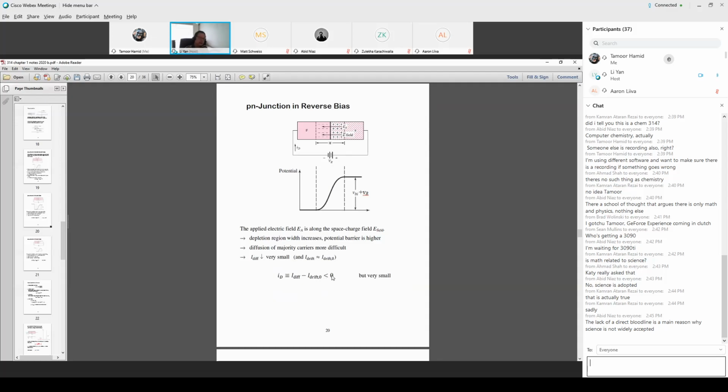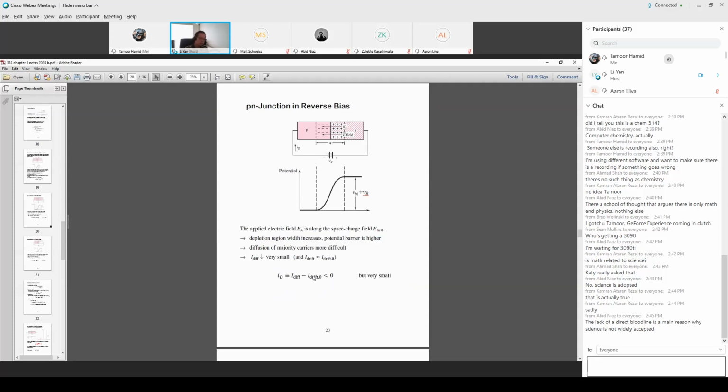So what does negative mean? The reference direction of I_D is labeled in this way. If the I_D value is negative, that says the actual current points in this direction. So the actual current flows from this end to this end, which is consistent with the polarity of the external power supply. Yes, now under reverse bias, we have a non-zero diode current, but this current is very small, because